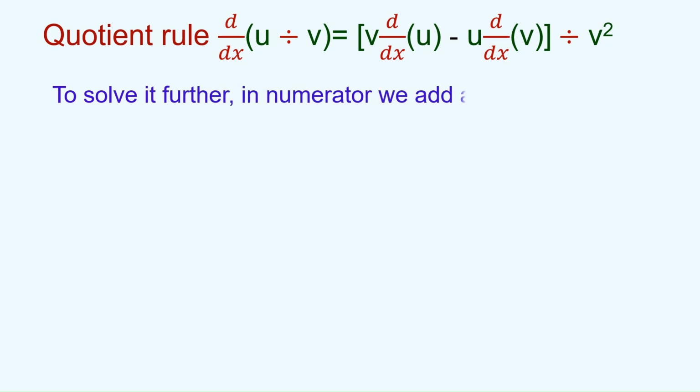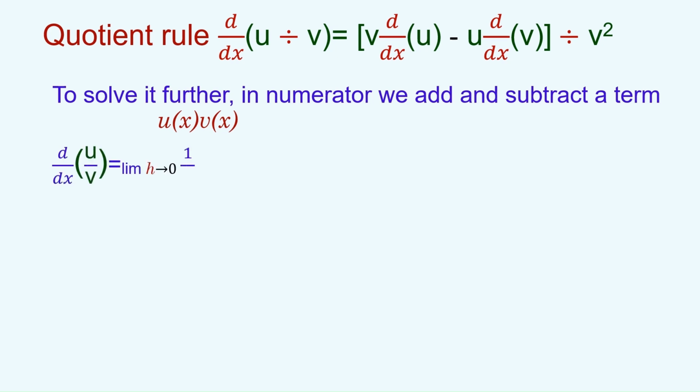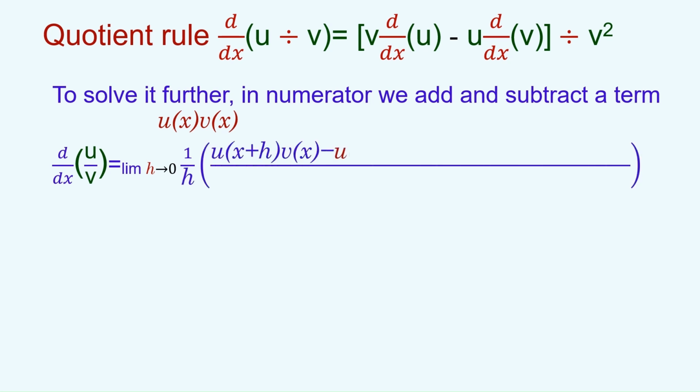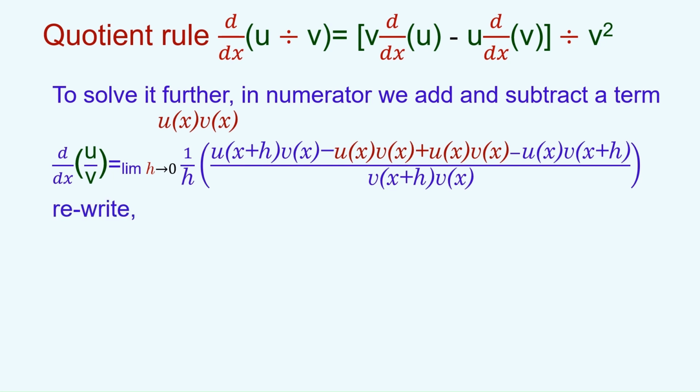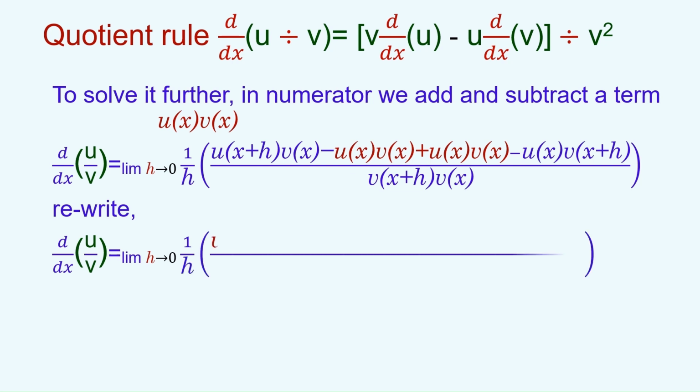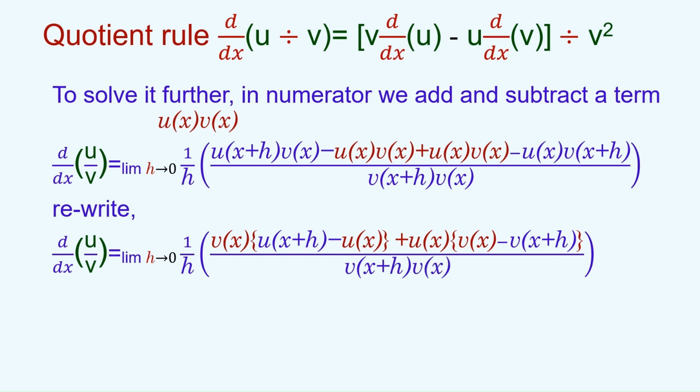Solve it further. In the numerator we add and subtract a term, u(x)·v(x). d/dx (u/v) = limit as h tends to 0 of (1/h)[u(x+h)·v(x) − u(x)·v(x) + u(x)·v(x) − u(x)·v(x+h)] / [v(x+h)·v(x)]. Rewrite: d/dx (u/v) = limit as h tends to 0 of (1/h)[v(x)·(u(x+h) − u(x)) + u(x)·(v(x) − v(x+h))] / [v(x+h)·v(x)]